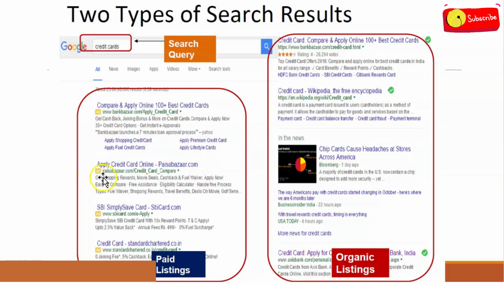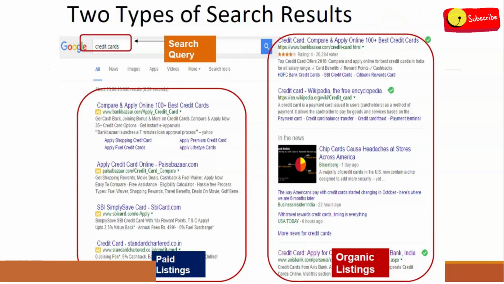It means this is paid, like you have to pay Google some money just to rank your website. And in organic, you don't have to pay anything to Google. You just have to do some SEO activity. You have good quality content, good inbound links, and on the basis of this, Google can rank your website on Google SERP.